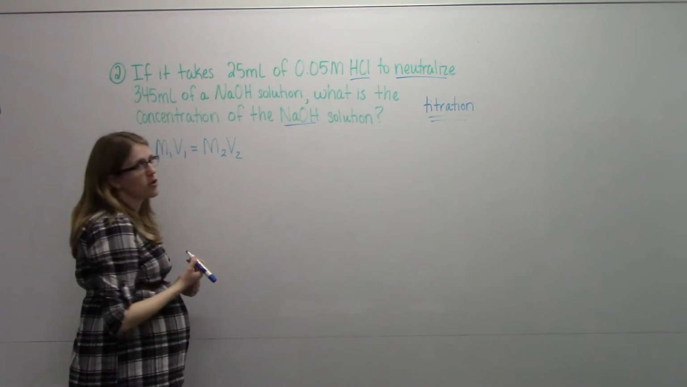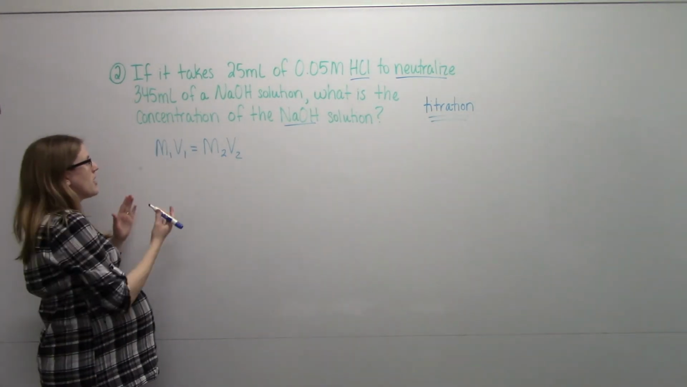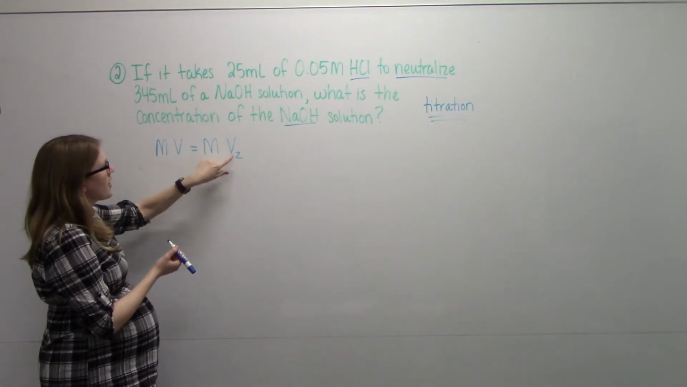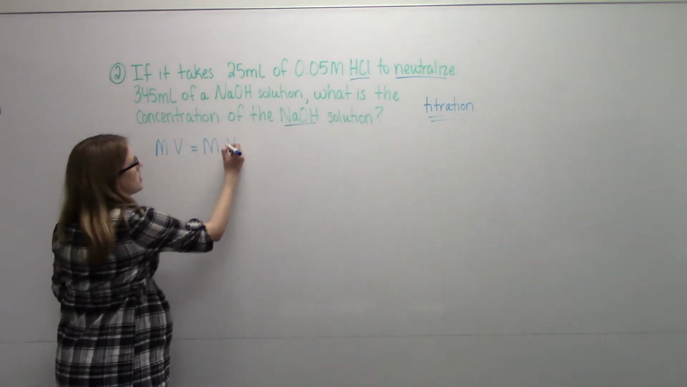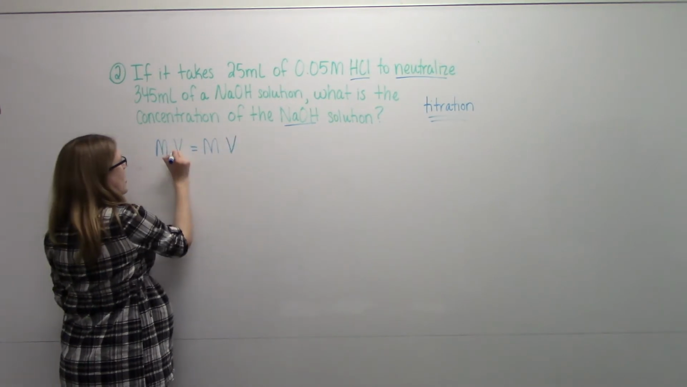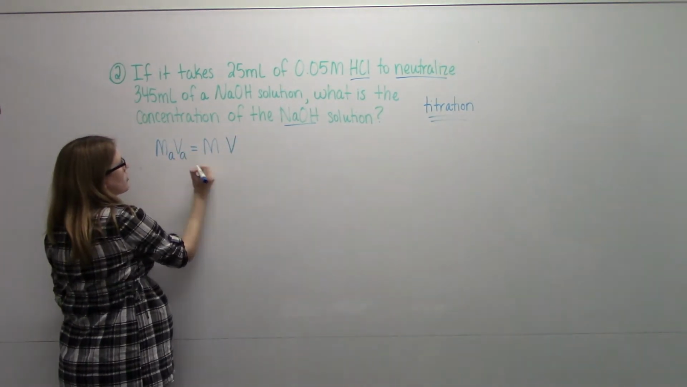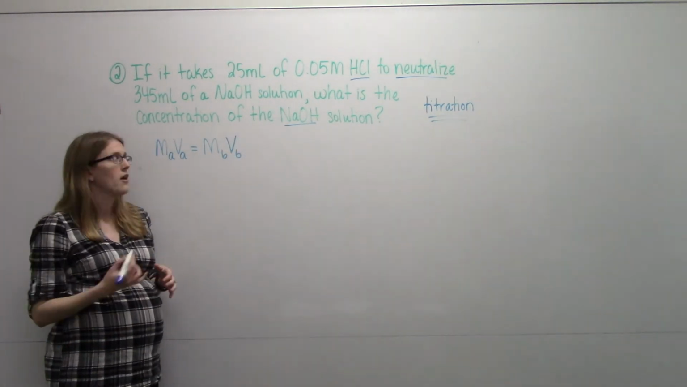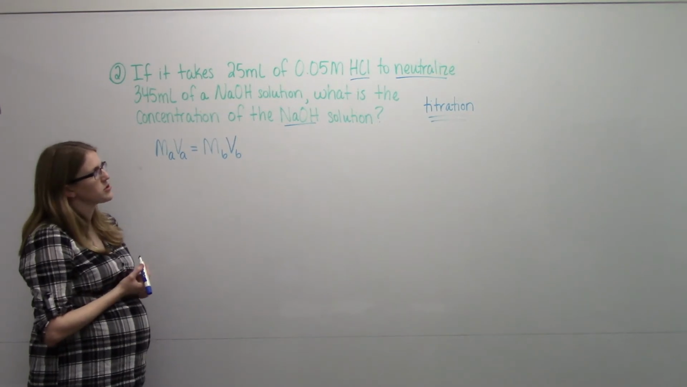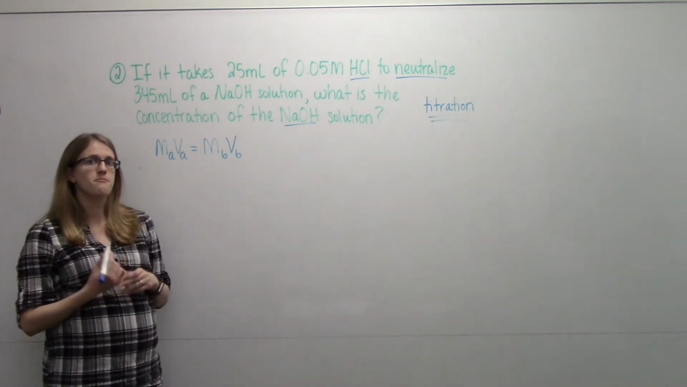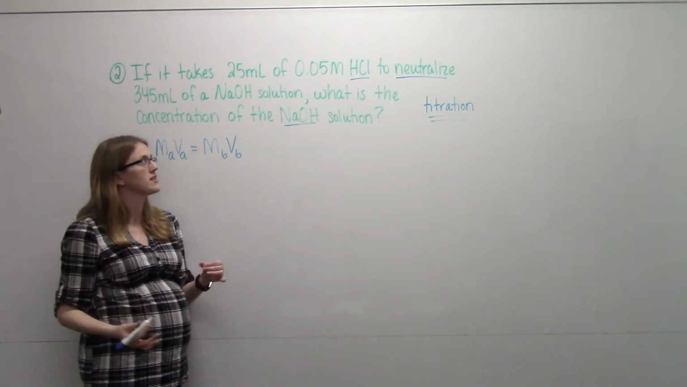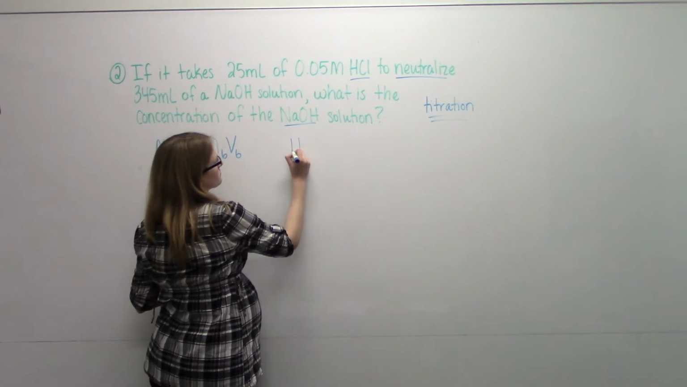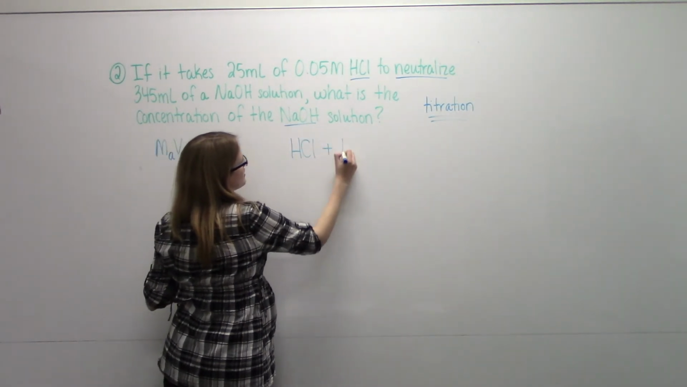M2V2. Sometimes students get confused about which is 1 and which is 2. It doesn't matter which, as long as you pair them up correctly. So if you wanted to remember it as molarity of the acid, volume of the acid times molarity of the base, volume of the base, you definitely could do that as well. The only additional thing you need to do compared to your dilution problems is write a balanced chemical reaction, because this is a neutralization reaction. So it's going to be acid plus base